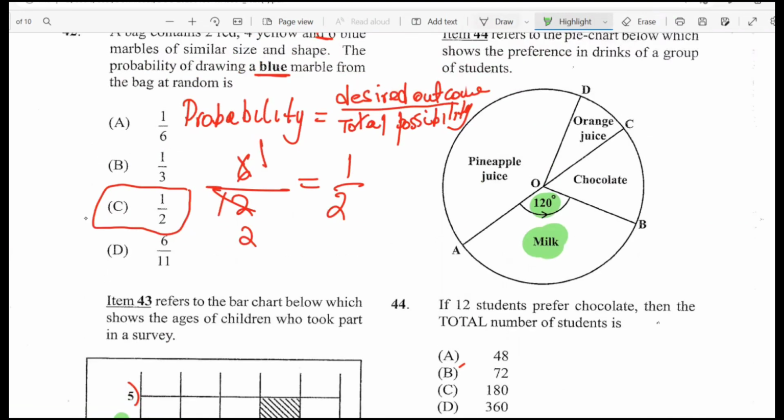One of the things that we could do is to simply fill out this, because a semicircle is 180 degrees, which suggests that that chocolate sector is 60 degrees, and 60 degrees links to 12. Now, as in it links to 12 students, we can now use this to solve the problem, because 60, if I could say how many 60 I could get out of that 360. For example, if I have 360 here,